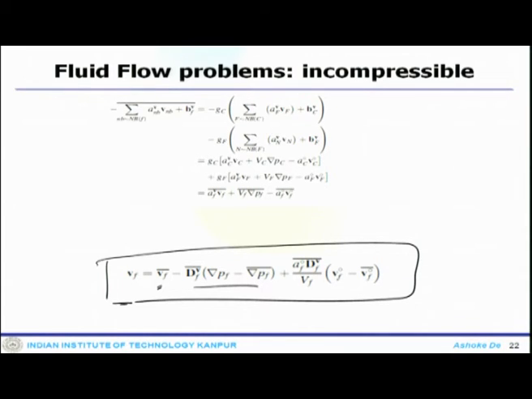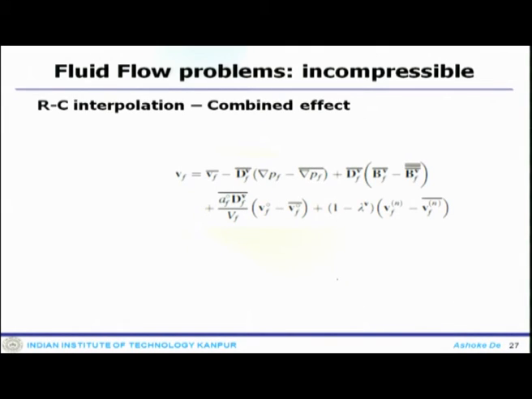So, also one can do the treatment of the under-relaxation and body force term, and if you do the treatment, you can actually get... And then let us look at one important thing: the interpolations for all combined effects, which takes care of the under-relaxation term, the transient term, and it also takes care of the body force term.